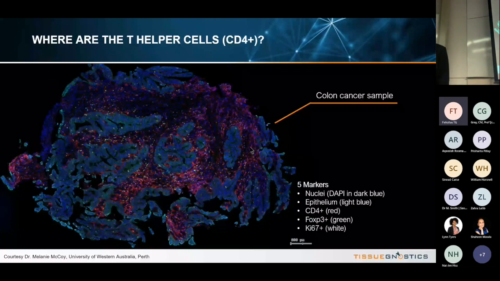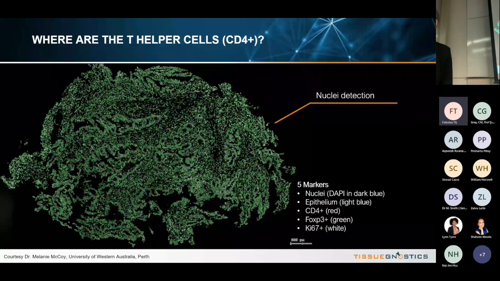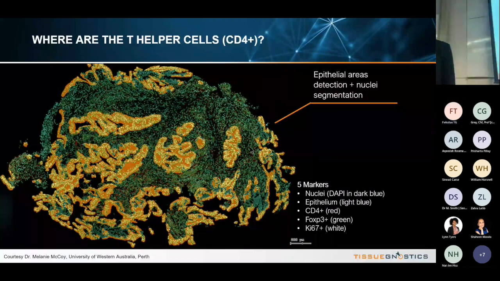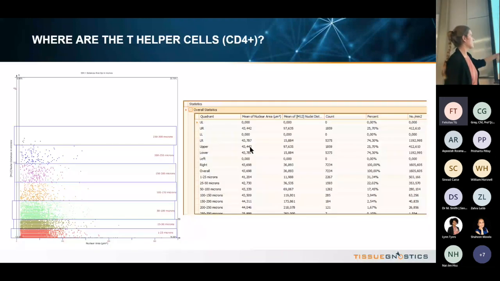And what we did first was just a nuclear segmentation. You can see a zoom here also. Then, based on the epithelium staining, which was a cytokeratin marker, we detected the tumor areas. Here you can see the combined masks. And here you can see a scattergram out of this analysis. The y-axis is nuclei distance in micrometers. The input gate here was only CD4 positive cells, so each dot you can see here is a CD4 positive cell. And they are gated